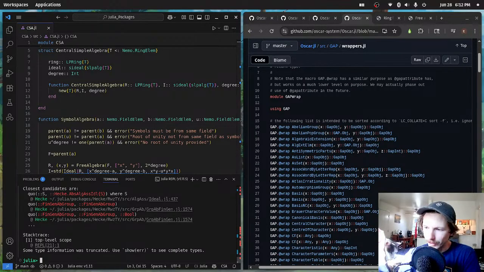And GAP is definitely the way to go when it comes to computing using groups, just because of probably how long it's been available. You'd think that it has probably all of the functionality that you could possibly ask for, probably more than you'd even want. And so I'm just wondering,